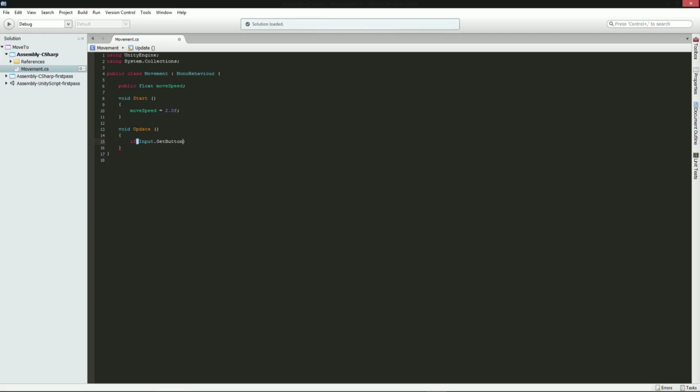So we want to do GetButton, and then parentheses, and inside the parentheses, we want to put what button we want. So we're going to do W first, right? That's forward. Yeah, that's forward. Okay. I'm together. I got this, guys. Don't worry. Alright. So, now that we've got our input set up, we want to go ahead and just